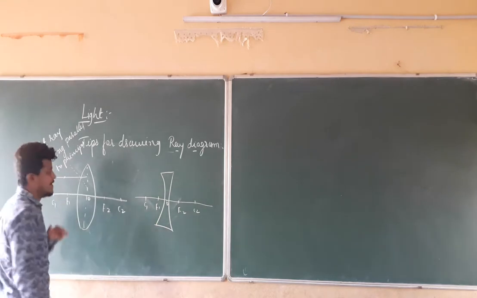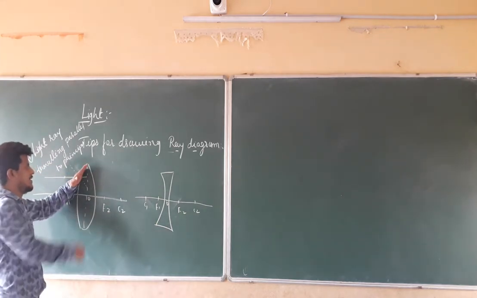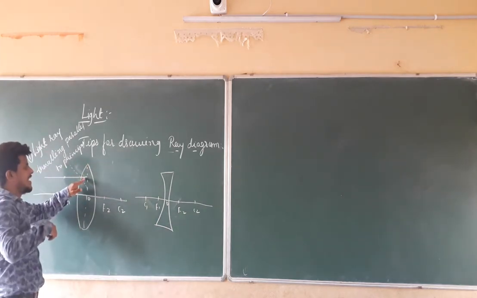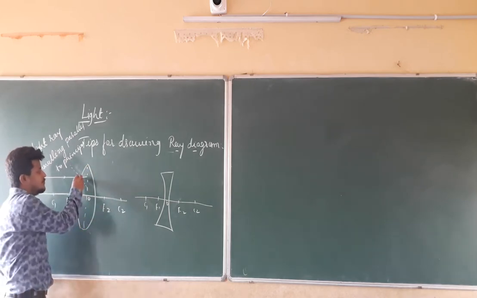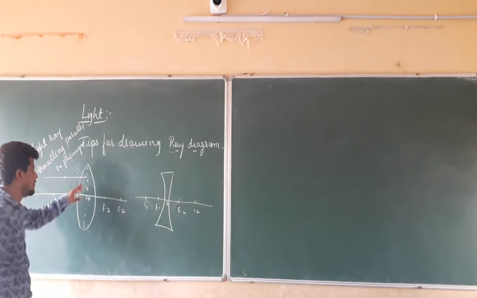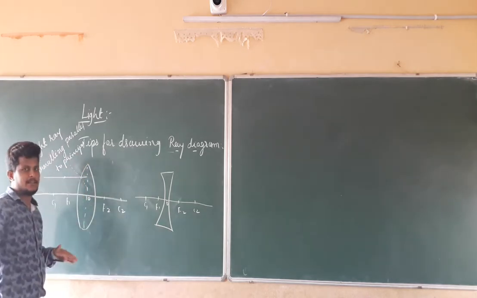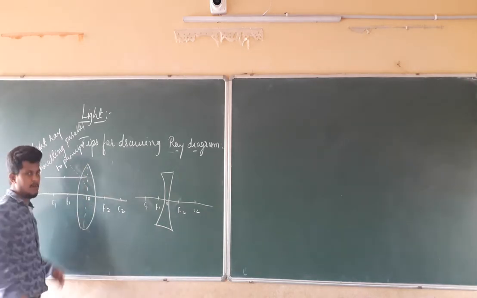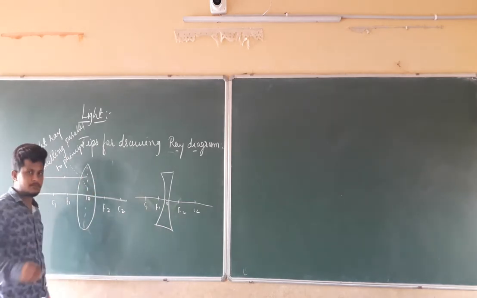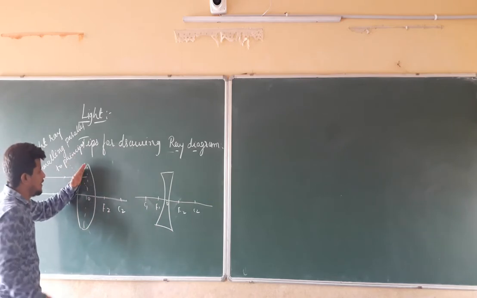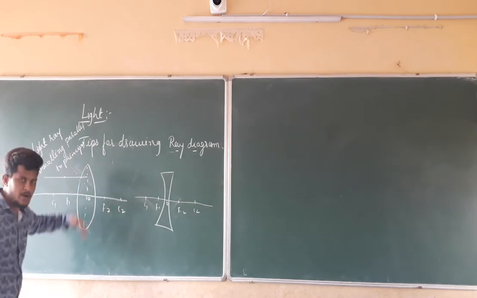When you check this, this will be the normal, so that this light ray is going to bend towards the normal. For that reason, I am going to show that it is bending from exactly the middle of the lens. It actually started from this point, but for the purpose of a good ray diagram we are going to show it from here. Right? It is going to bend towards the normal. That means it is going to come in a downward direction.